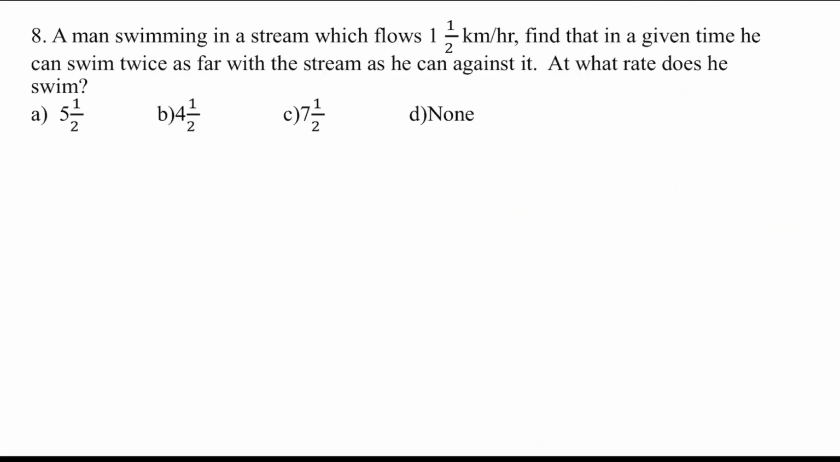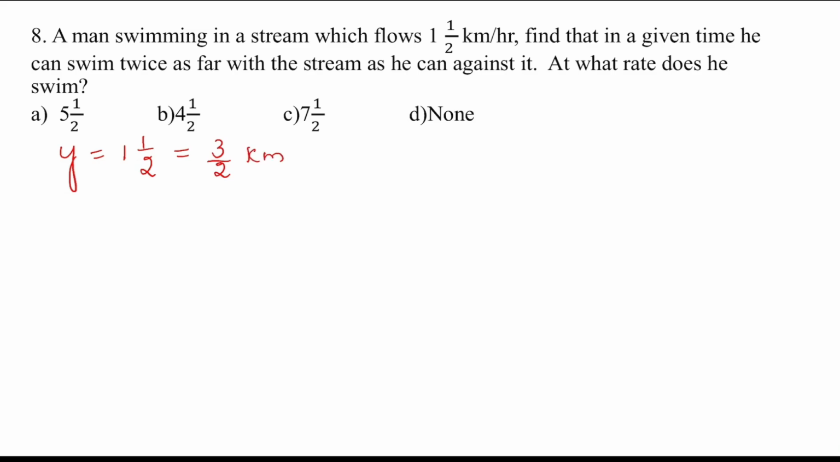A man swimming in a stream which flows at 1.5 km per hour. This is nothing but the speed of the stream, which is 1.5 km per hour, equal to 3 by 2